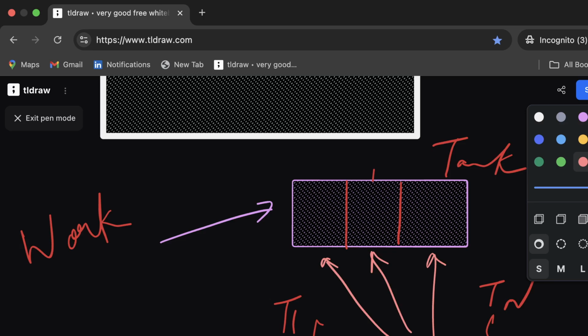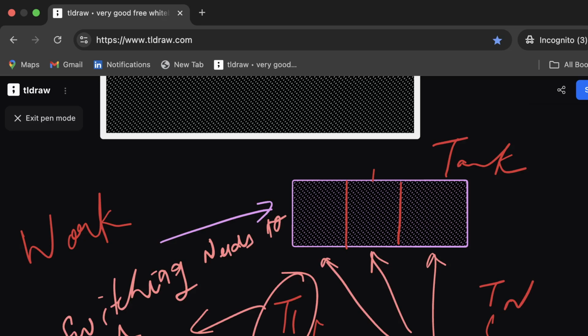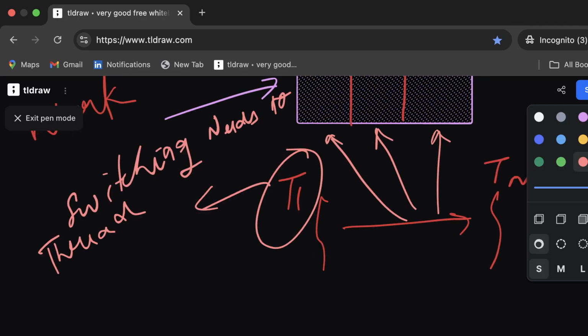Now by cooperating, what I mean is that switching needs to occur between these threads as well. Switching needs to happen between threads. Now, by switching, what I'm trying to say is, in cooperative threading, the thread itself will say